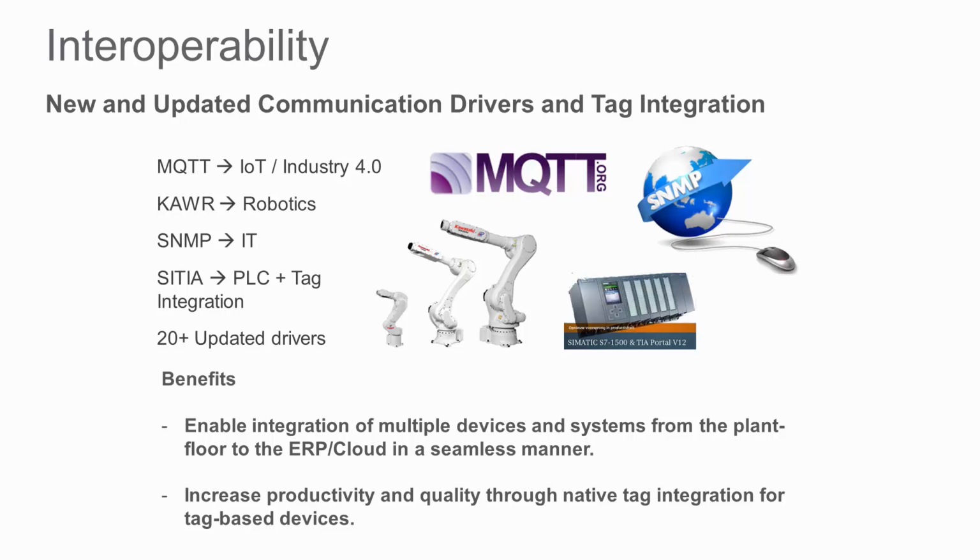The interoperability and just new communications drivers coming all the time. We've got MQTT, which is a publish and subscribe model, really geared towards the Internet of Things or Industrial 4.0. We've got some new robot drivers, SNMP for configuring network devices, SI for Siemens TIA, being able to interact and pull in the tags directly. So there's a few different ways to do this. You can not only communicate with multiple devices simultaneously, but get that information up into an ERP system, an MES